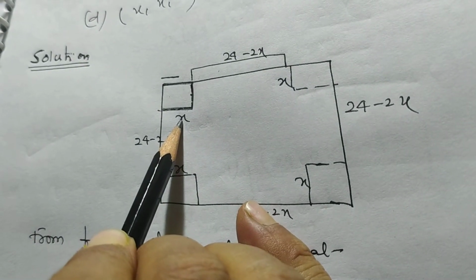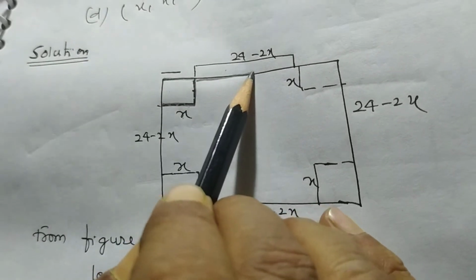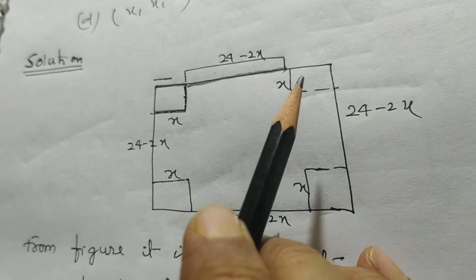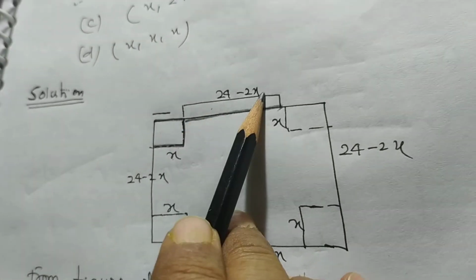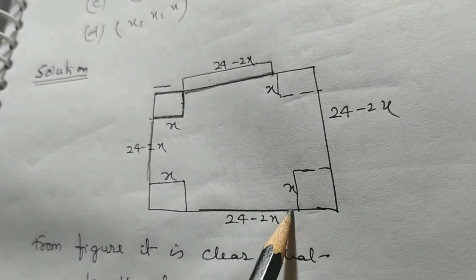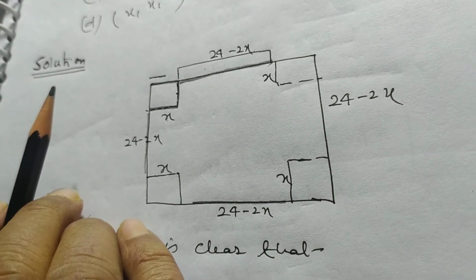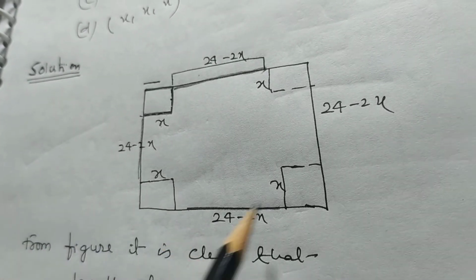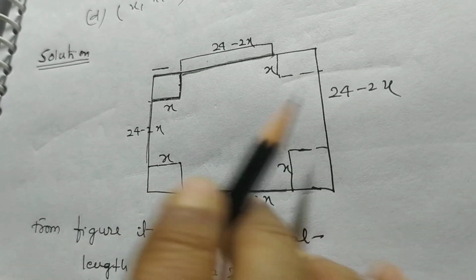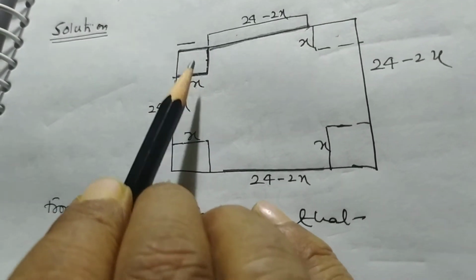So now what will be the length of the remaining portion of this box? It is 24 minus 2x, 24 minus 2x. A square piece of tin of each side. This is a square type of piece, and in each corner we take a